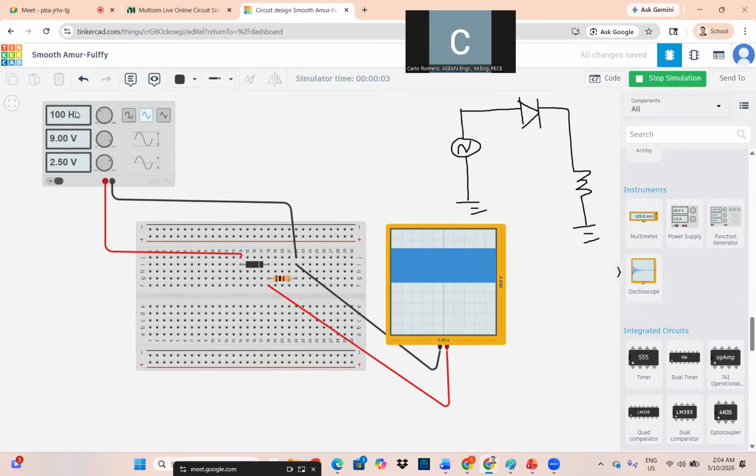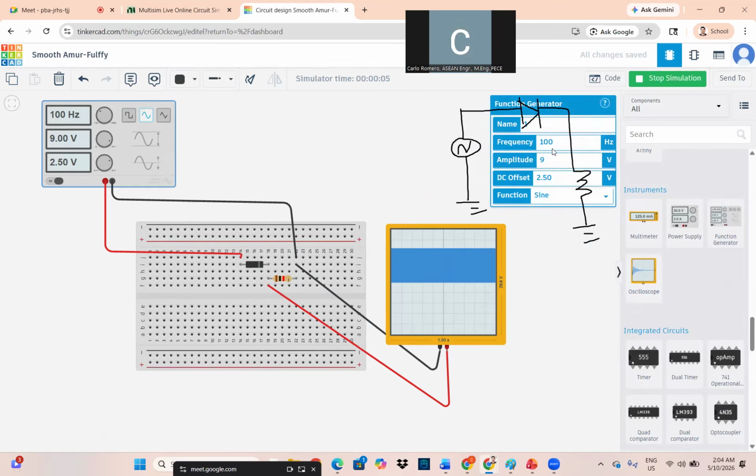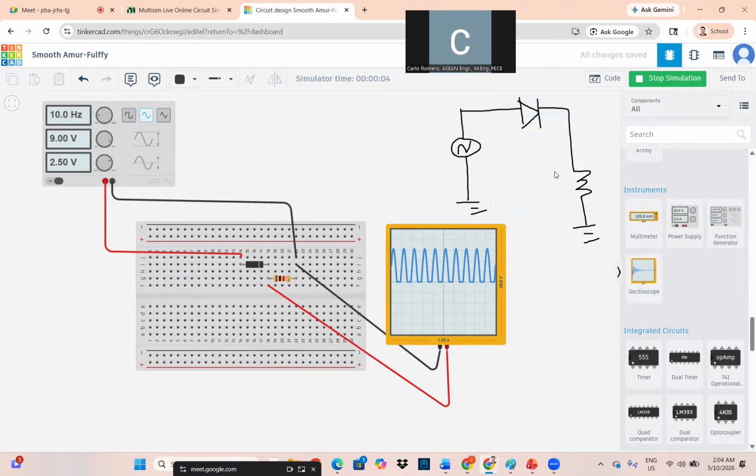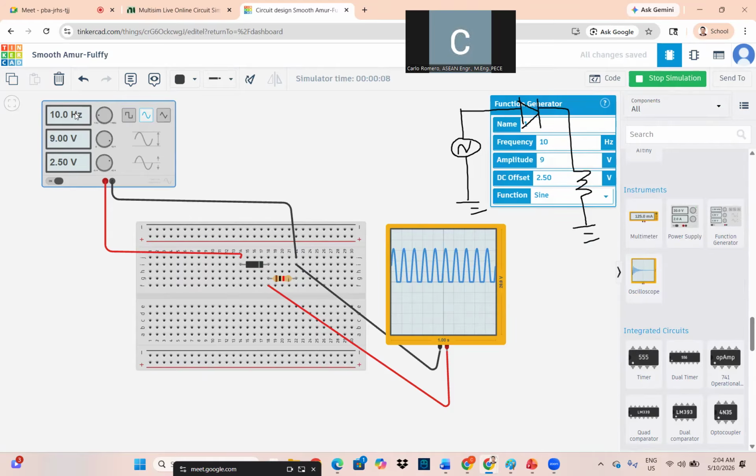Okay, maybe we can make it 1000 hertz, or say 10. That's okay, 10 hertz. Now, or maybe 1 hertz. Maybe we can apply 1 hertz, but you cannot see that.